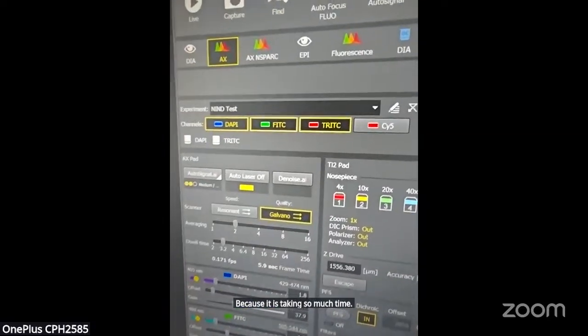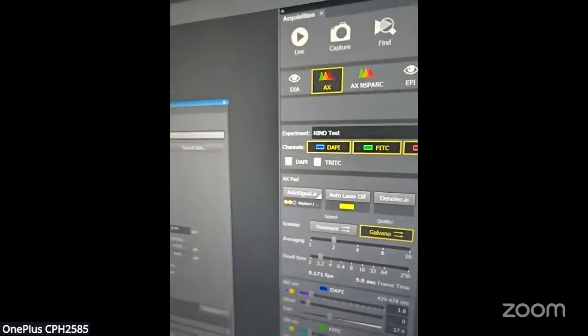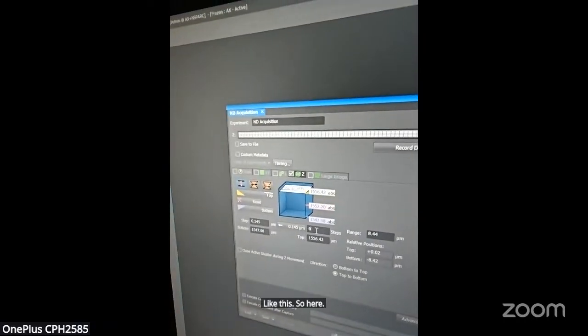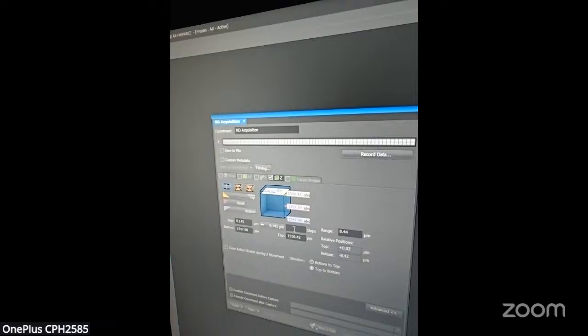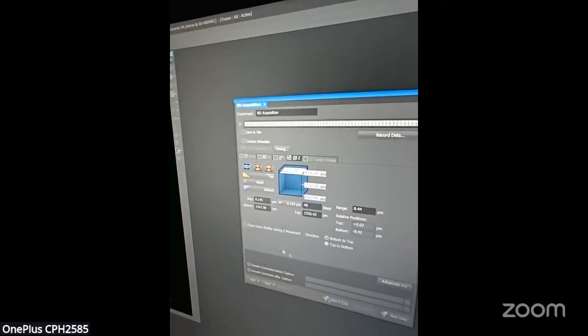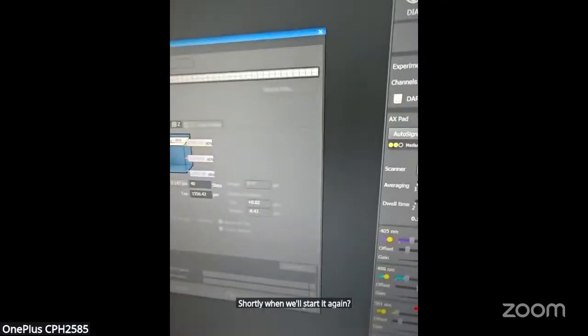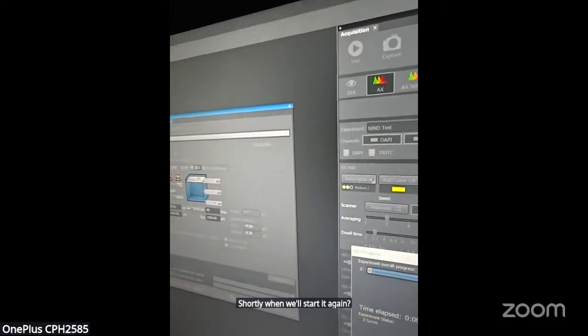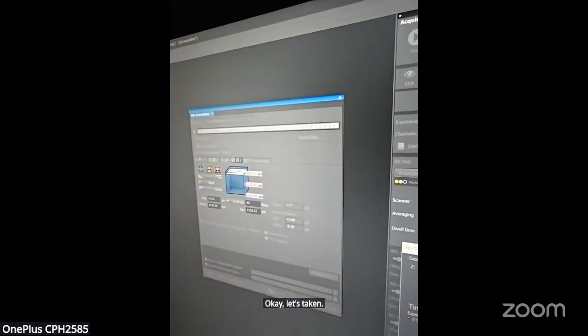Here we'll keep it at 40. Okay, 40, then we'll start it again. Again it's taking long. We'll keep it at 40.